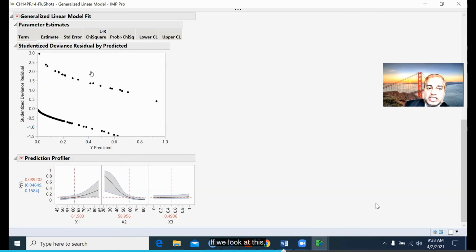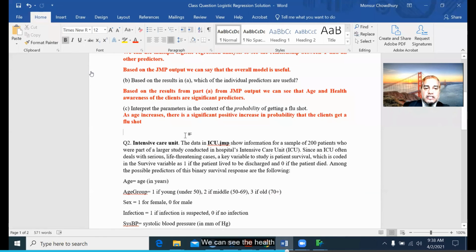Okay, so if we look at this, we can see that if X2 is increasing, that means if health awareness is increasing, there is a significant decrease in the probability that someone, or the client, gets a flu shot. So we can see, as the health awareness increases,